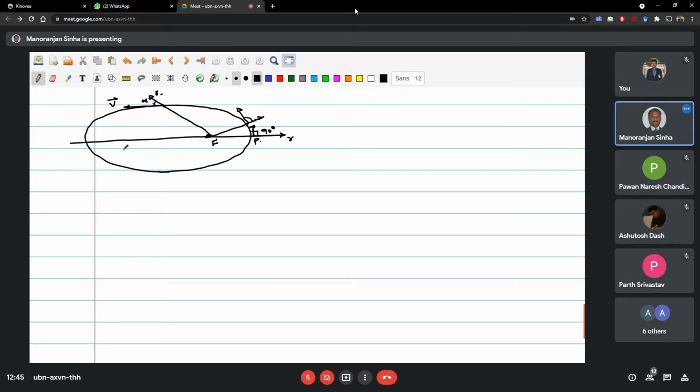If you come to this point, the radius vector is here and the velocity vector is here, again this angle is 90 degrees. But while you come on this side, the radius vector is here and the velocity vector is here. This angle is alpha. So all the way from here to here, you are getting alpha as an acute angle, less than 90 degrees. At these 2 points, you are getting alpha to be 90 degrees. In this part, you will find this angle to be greater than 90 degrees, an obtuse angle.